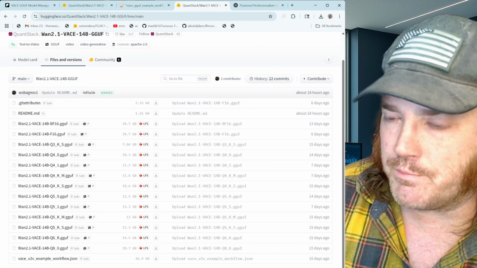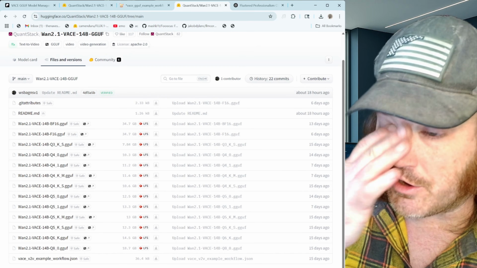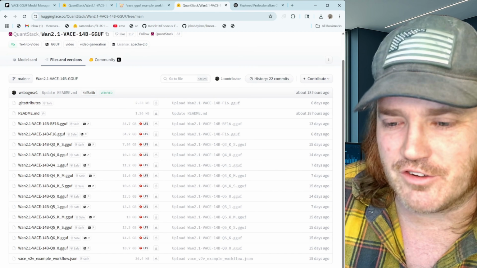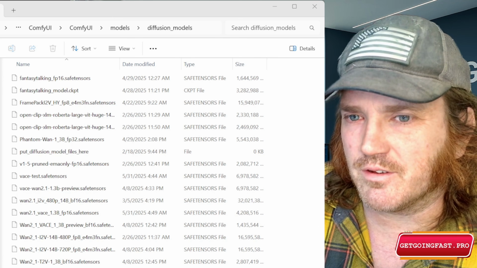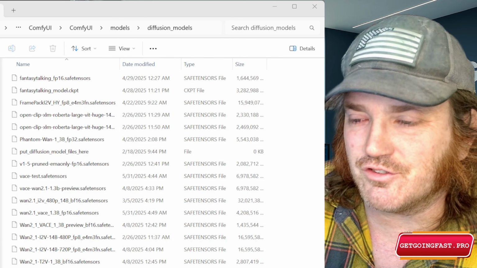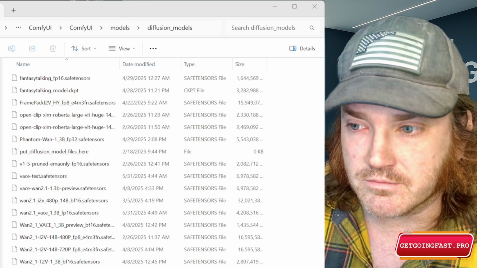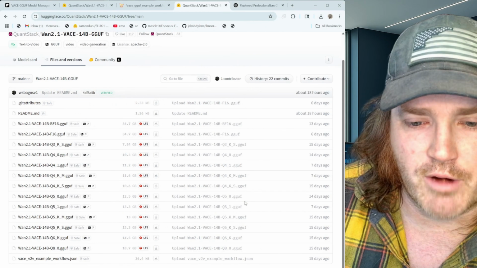That's going to open up a File Explorer window. You go over to where I just showed you, okay? You go over to here, all right? ComfyUI, models, diffusion models, and save it. It's easy, all right? Then we go back to our browser,